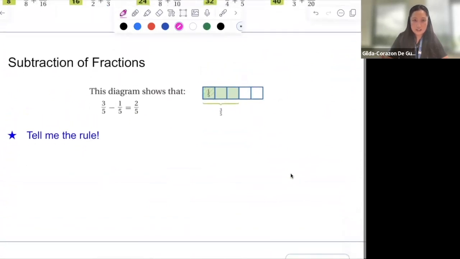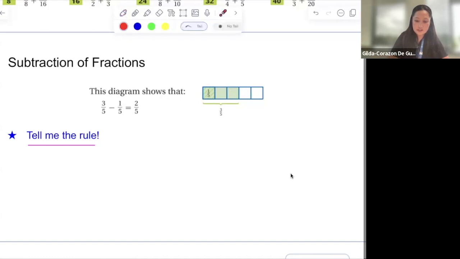the title of our lesson today is adding and subtracting. We haven't done subtraction, but maybe from the addition that I've modeled to you, maybe you can come up with your own rule. You can come up with a rule with your partner, right? You want to say, for example, 3/5 minus 1/5. Why is that 2/5? If I were to